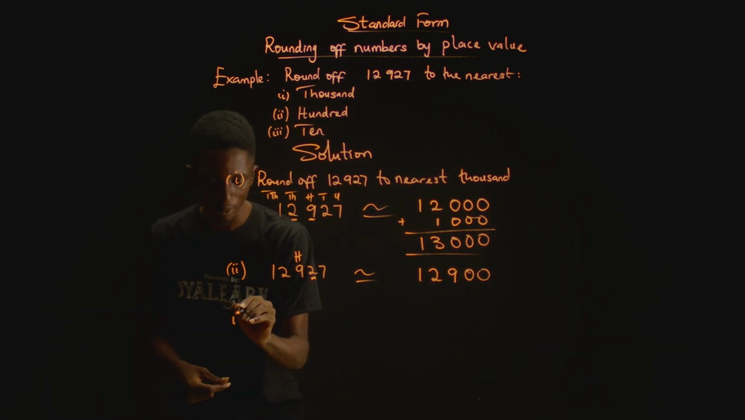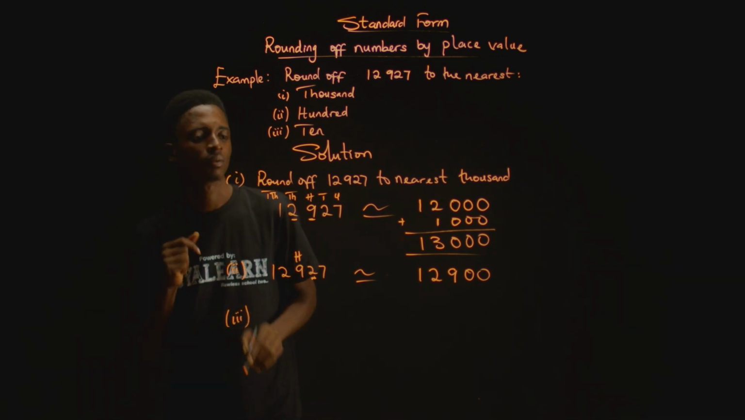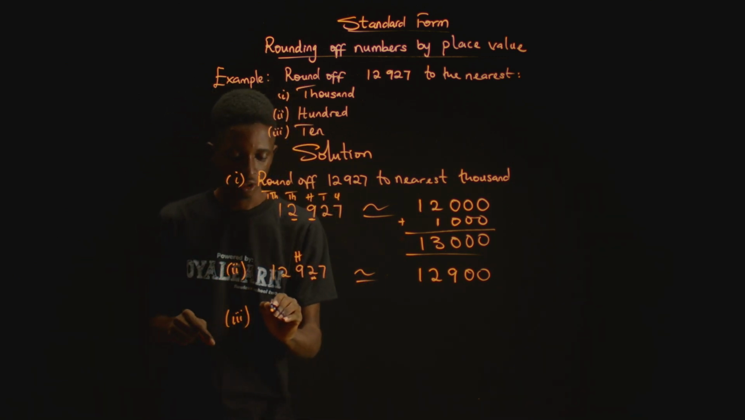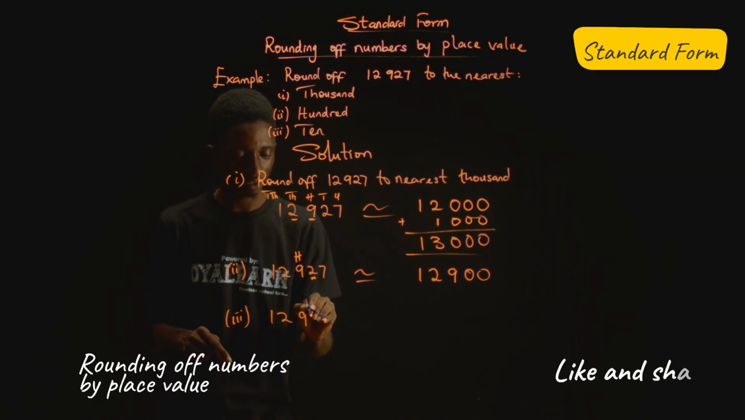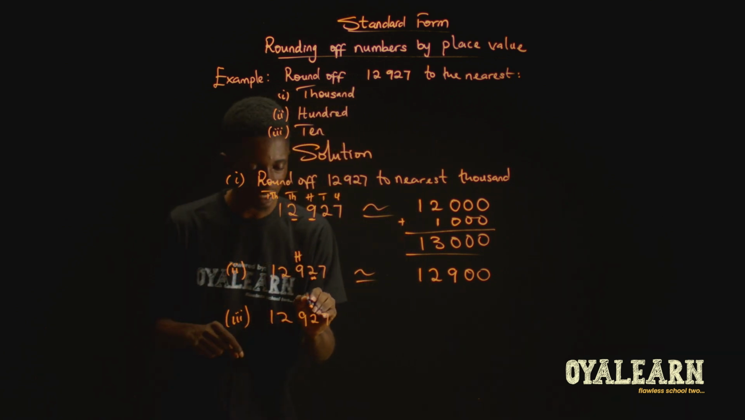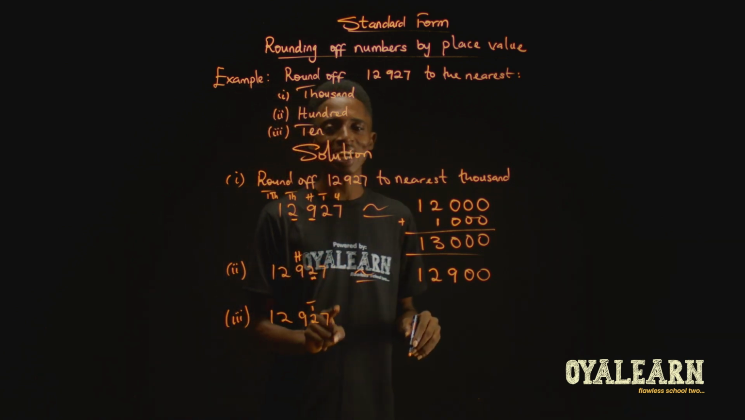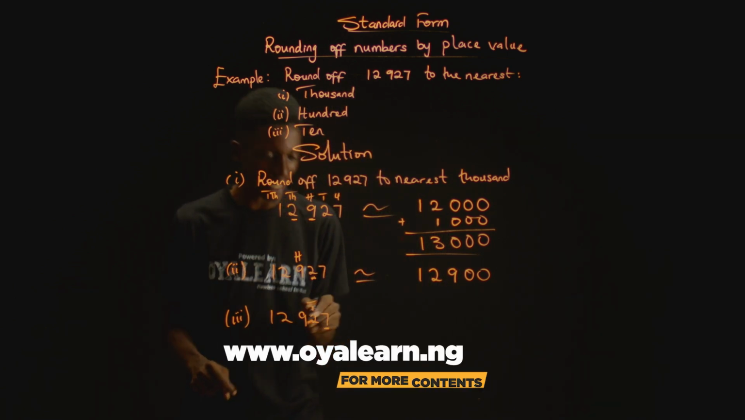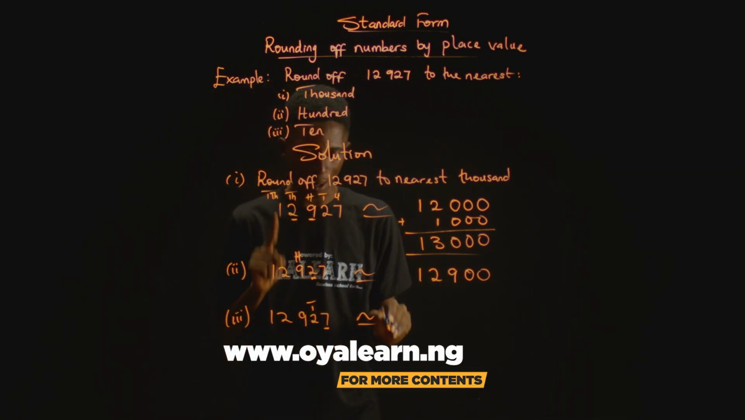And then finally, Roman figure 3. We are rounding now to the nearest 10. So we have 12,927. And the digit at the rounding place value is digit 2, which lies at the 10s place value. And the digit next to it is 7. Therefore, this becomes approximately